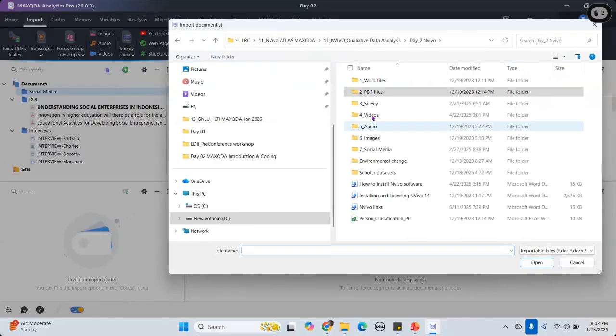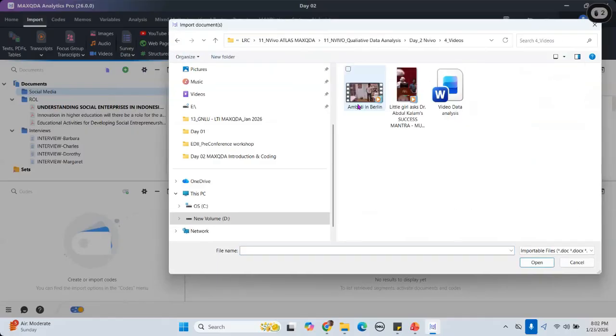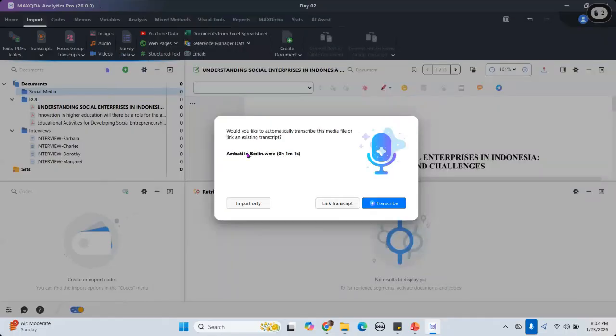Like audio files, video files. I gave a couple of audio files, video files. Just try to import one file. The moment I try to import the video file in my MAXQDA